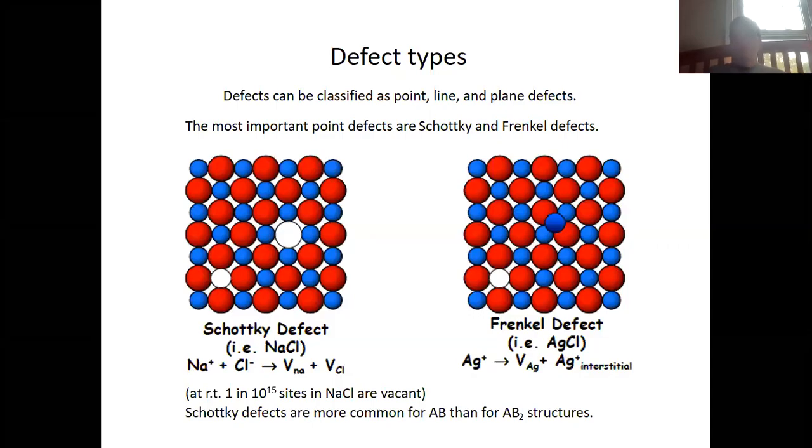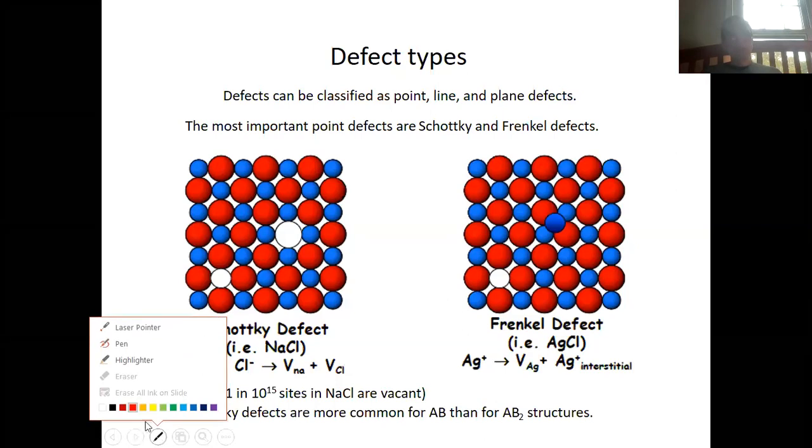Okay, let us move on with our chapter about solid-state electrolytes. I told you in the last class that defects are very important for the ion conductivity in solid-state electrolytes, and we have discussed two types of point defects. These were the Schottky defects and the Frenkel defects. So we said that when we have a Schottky defect,